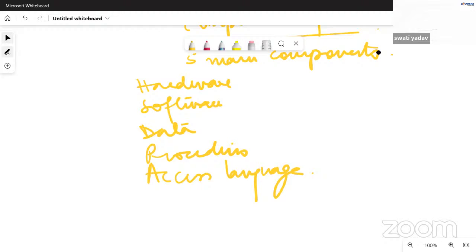Now, talking about each one of them one by one, hardware. It encompasses the physical devices that connect computers with the real world. When it comes to databases, servers, storage disks, and various data collection devices get included in the hardware component that are required to run and populate a database.